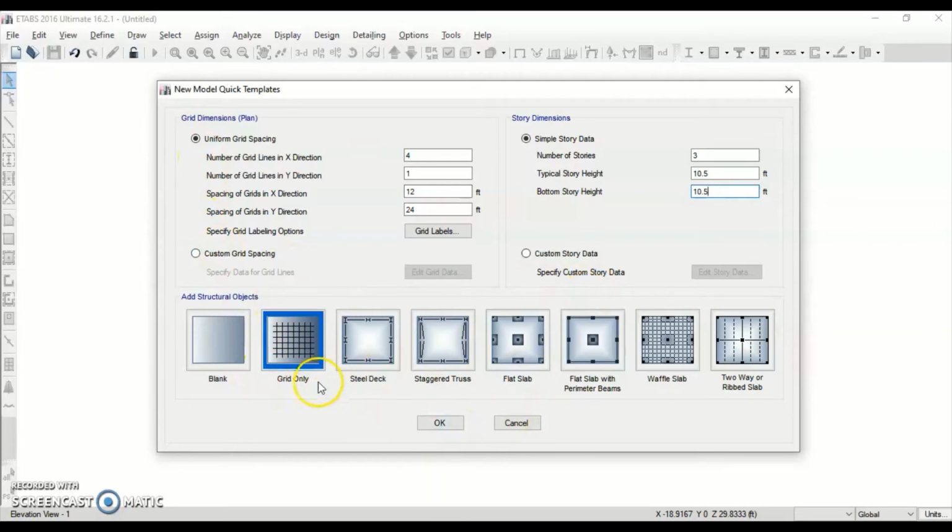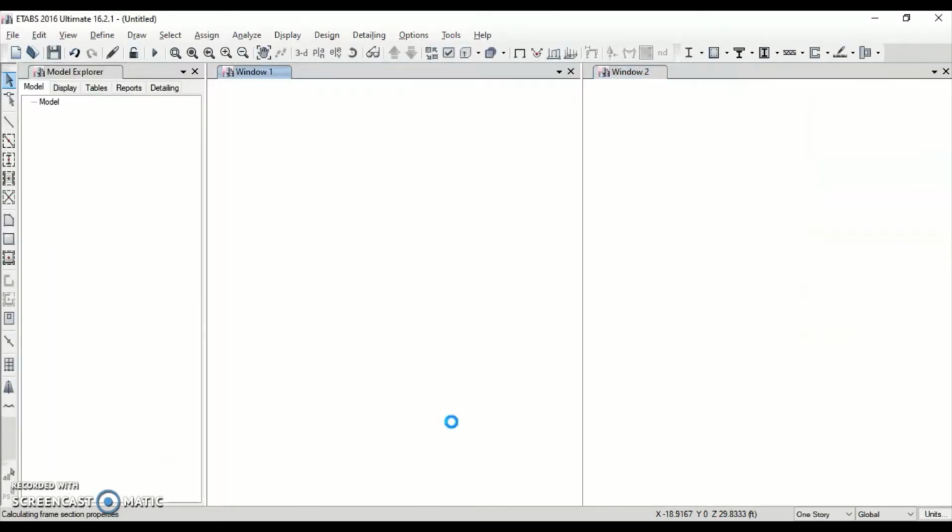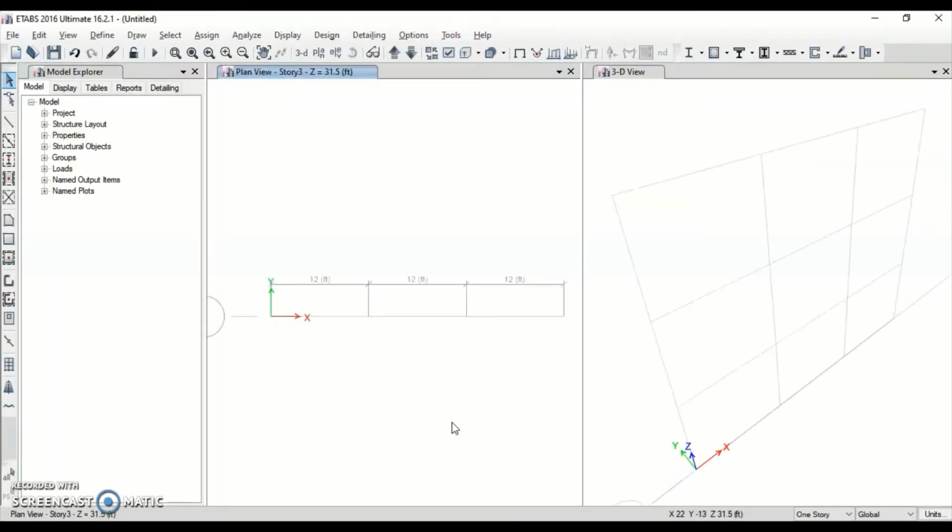You can see that by default it is grid only. We're going to use that and click on OK. Now this generates the grid, and you can see that it is generated on 2 windows. This gives a 3D view, and this gives a plan view. If we want, you can see that this